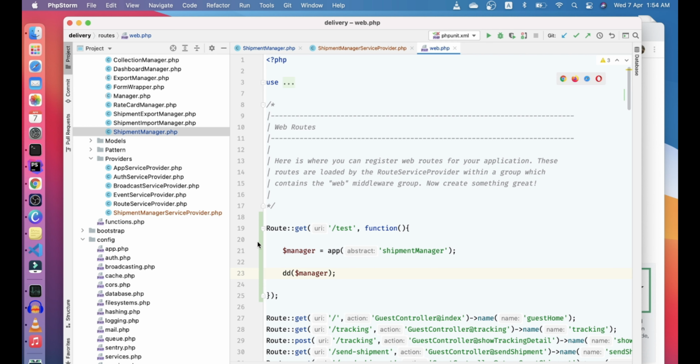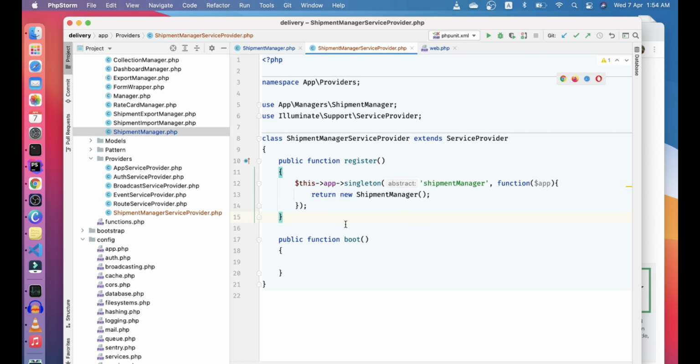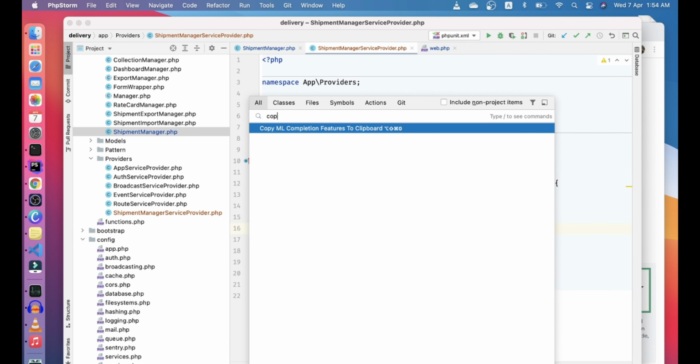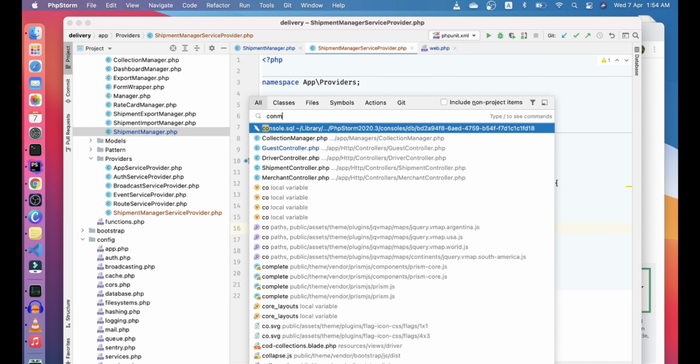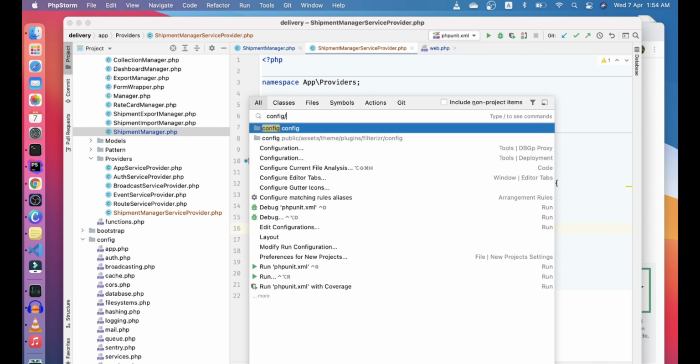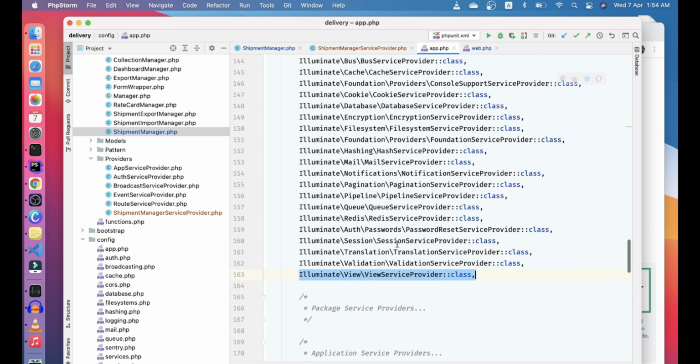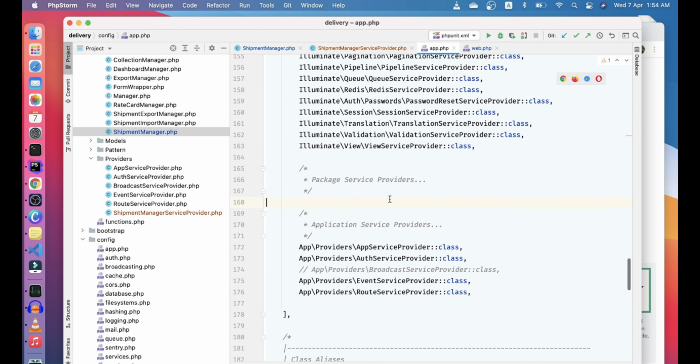Let's refresh that. Before doing that, we just need to get our shipment manager service provider into config/app.php, so that Laravel knows about it, and whenever we need it, it can provide the instance that we need. So we can add our service provider here.